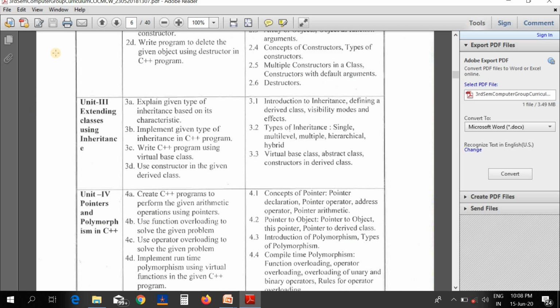Then the next unit is extending classes using inheritance. First we will see what inheritance is. Inheritance is the capability of one class to inherit properties from another class.